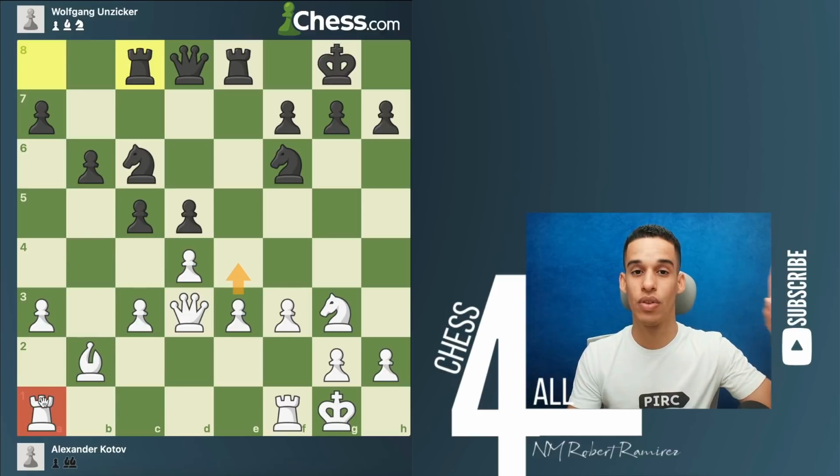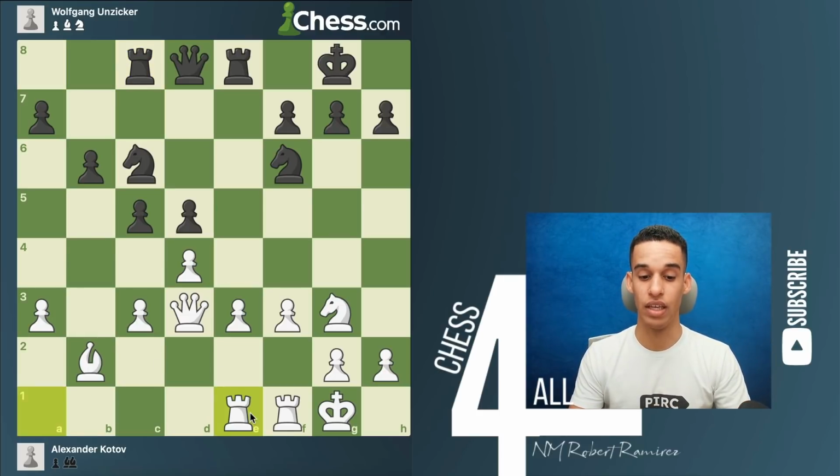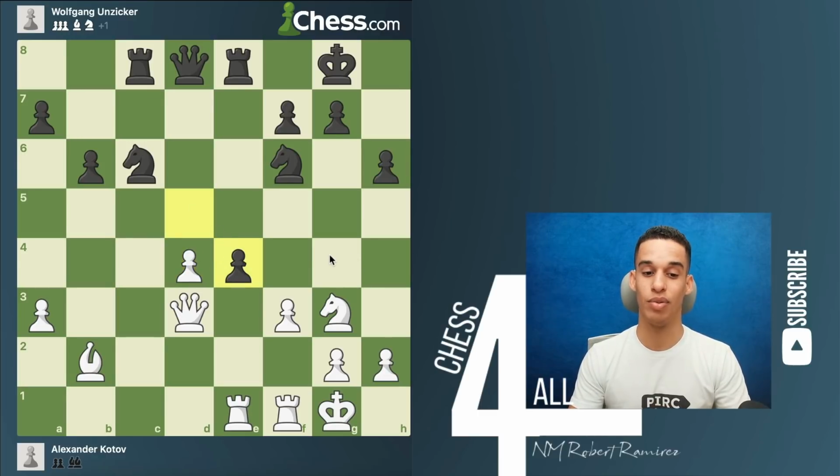The only piece that is doing nothing is going to come over to help us, rook e1. And now we could say that all of our pieces are fully developed. Okay, so after rook a to e1, we got h6, and then pawn to e4. Pawn takes, pawn takes, pawn takes, pawn takes, and we got our classic center, which is also a mobile pawn